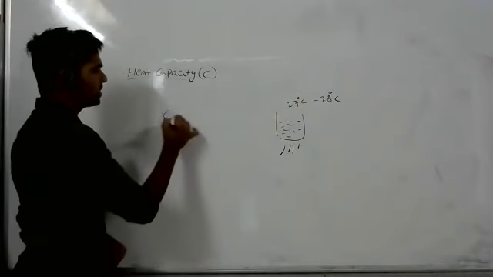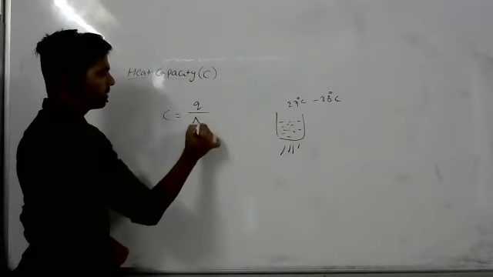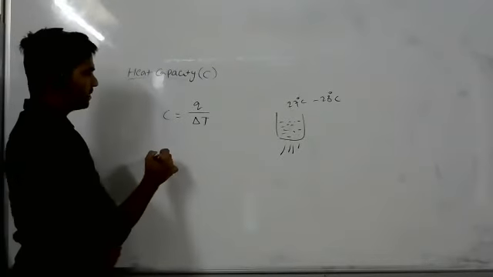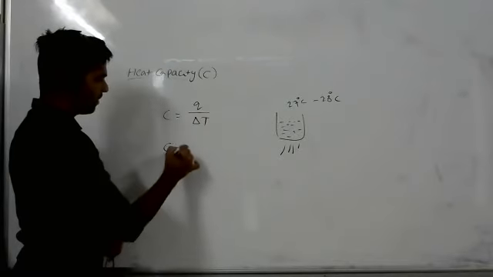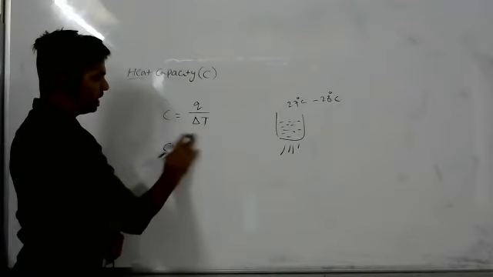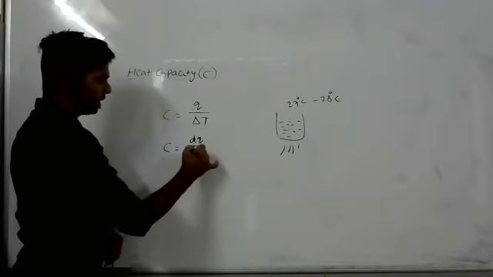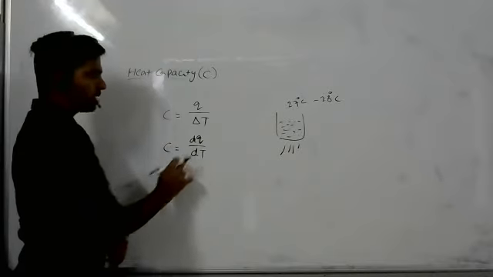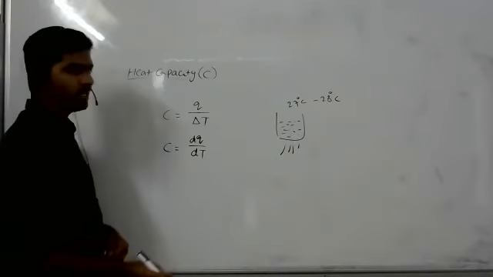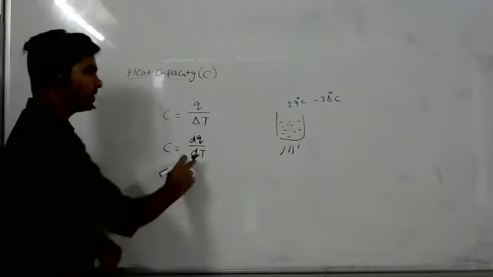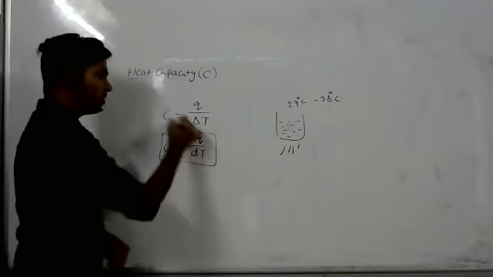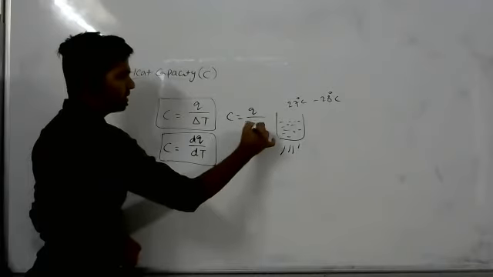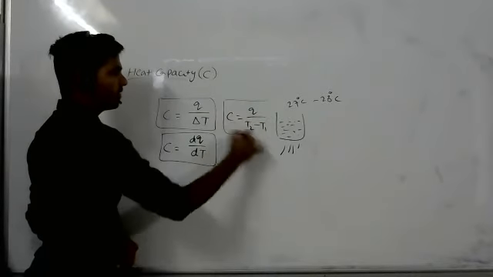However, we are writing the formula C is equal to Q by delta T. Delta T refers to the temperature difference. Sometimes we may write heat capacity C is equal to dQ by dT. Here dQ refers to a small amount of heat supplied to the system to raise a very small amount of temperature change. Even this is also a formula. C is equal to Q by T2 minus T1 also. This is the temperature difference. All are formulas only.